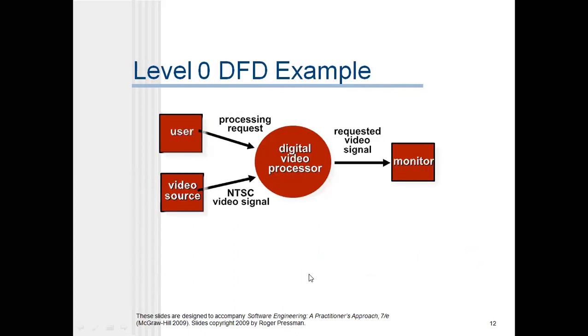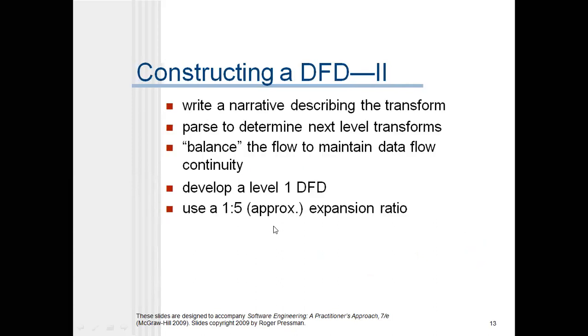See, this is the diagram for level 0. I'll show you another diagram for level 0, level 1 and level 2. So we will learn how level 2 is described. First of all, we will learn all the DFDs, which means level 0 DFD we have already seen, level 1 and level 2 now. Then I'll show you the example of hospital management.